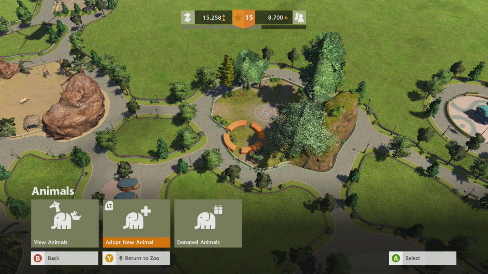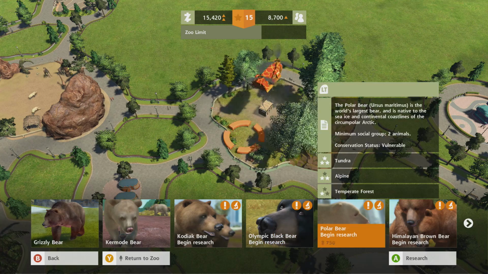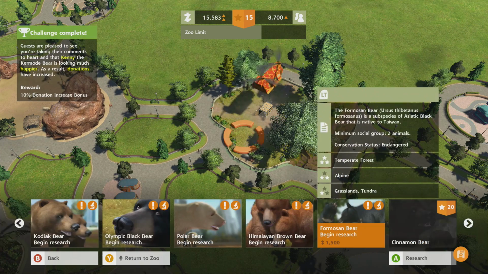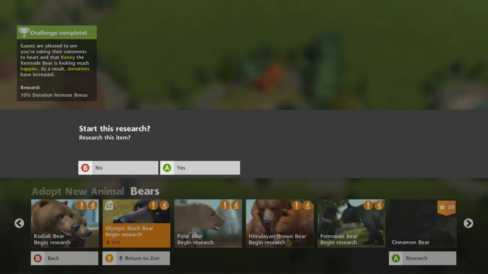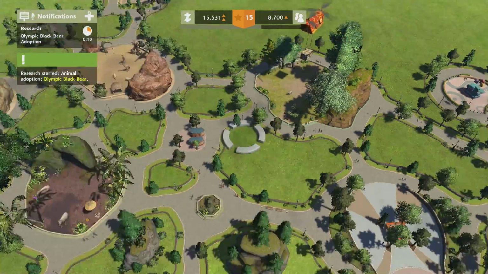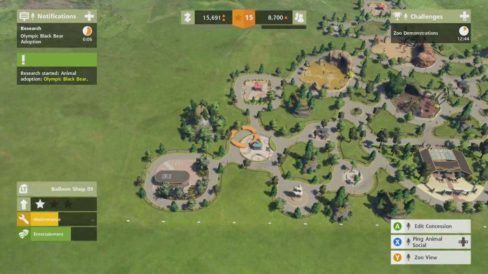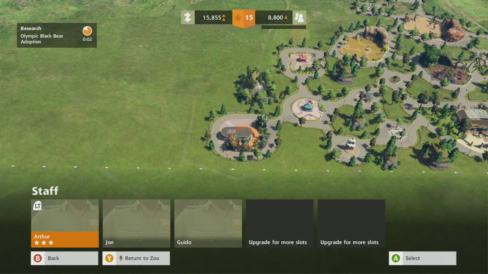So, we've done that. Now, we're going to do the same, but with different bears. What did I say? We need temperate forest bears. So, we're going to go for Formosan bear, because... actually, no, we've had photos of Formosan bear before. We're going to go for Olympic black bear. And then we're going to take the guy on this one, because I don't need to breed the hippos anymore. Hippo breeding has been completed. So, we need to take the guy on the hippos, which is...